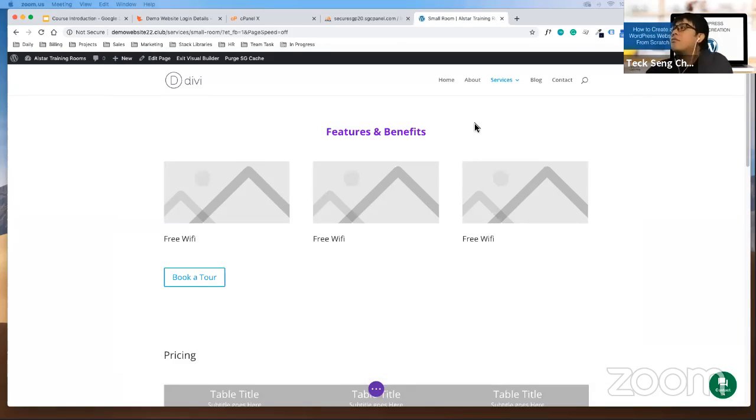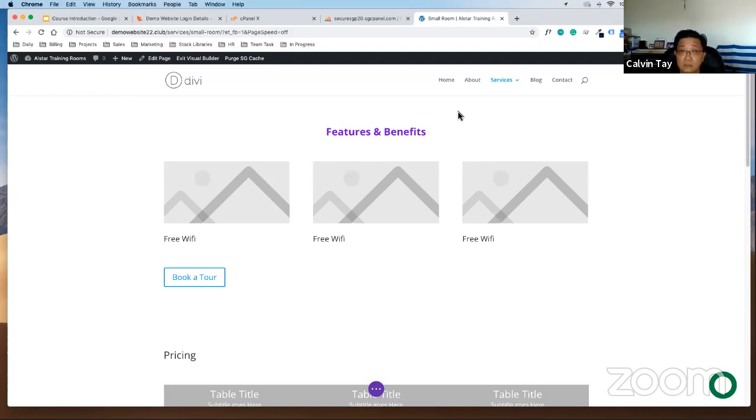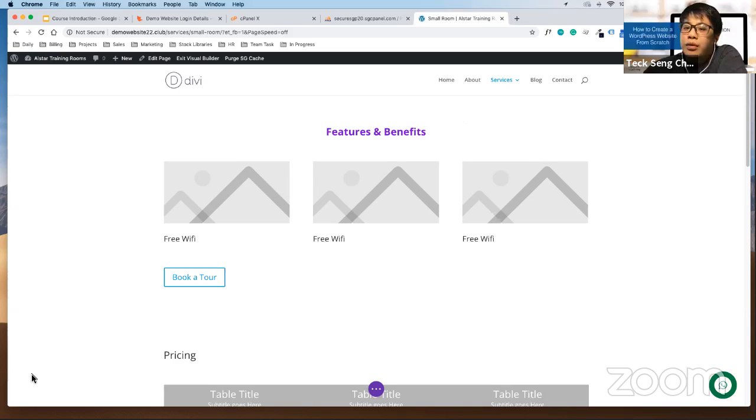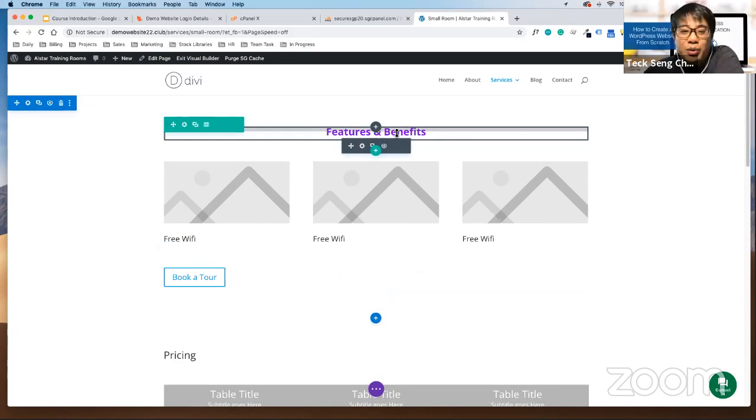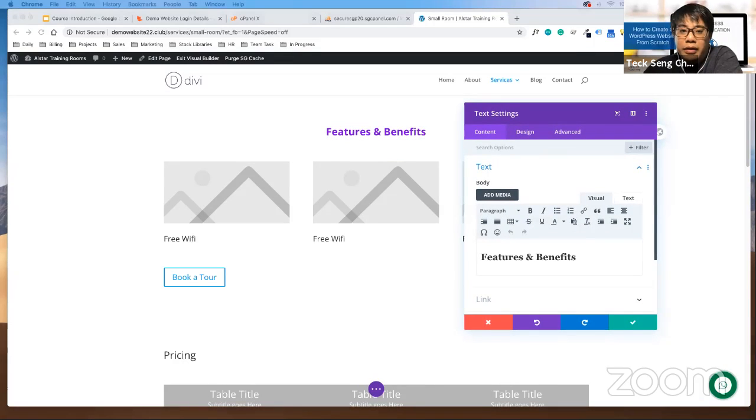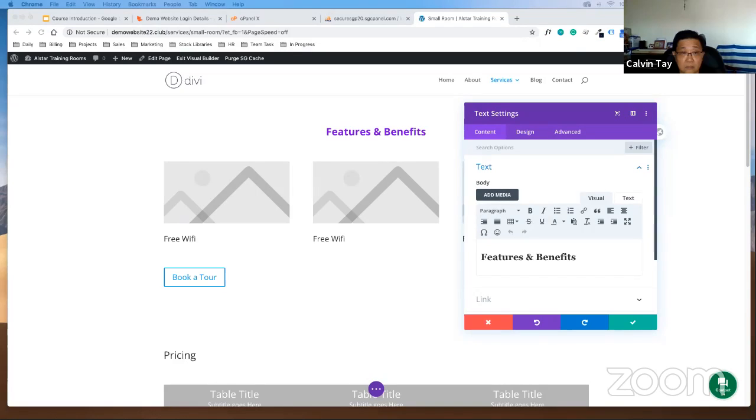Okay. So for the rest, right? What you can do is, for example, for H2, if you already label your page correctly for all the H2, you can actually copy this style and apply it throughout the page, so you don't have to do the change again and again. So how do you do the copying? By going back to the text settings, and you just need to go back to the design settings, same thing,